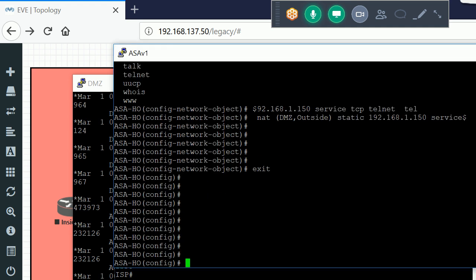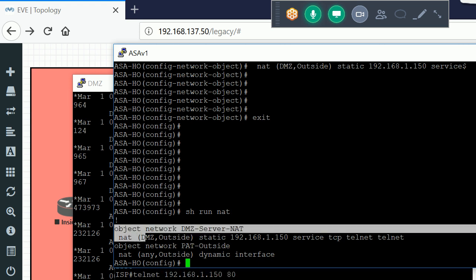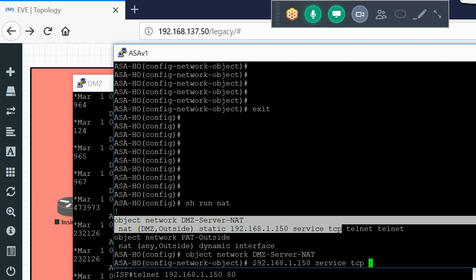For that I'll add one more NAT rule. I'll use the same IP address and just change the port number. This is 80, 80.